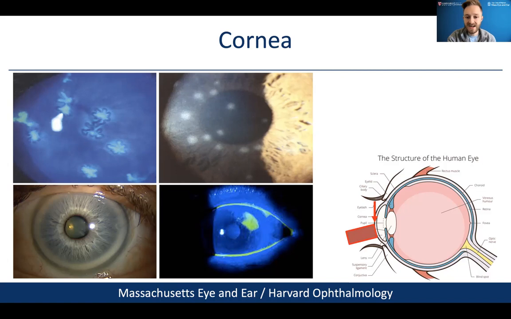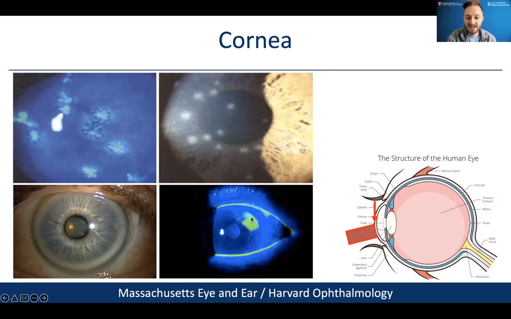Collections of inflammation, perhaps, that can be caused by overuse and damage from contact lens wear. In the bottom left, the broad beam of light shows us that there's a white ring around the edge of the cornea, and this is called arcus senilis, usually caused by cholesterol deposition or lipid deposition in the peripheral cornea and associated with age. And lastly, down here, we see the cobalt blue light again has stained a large corneal